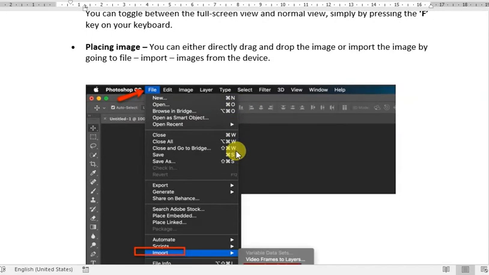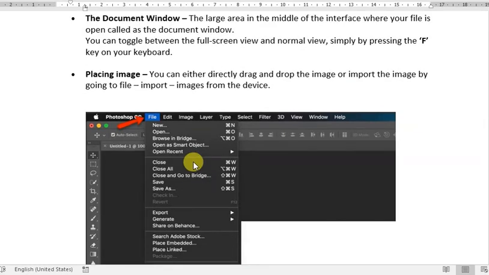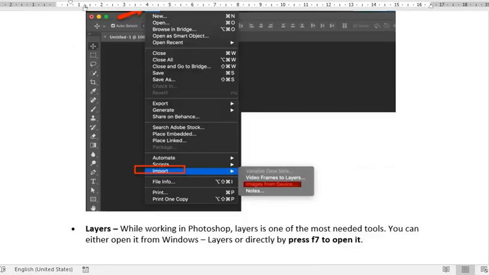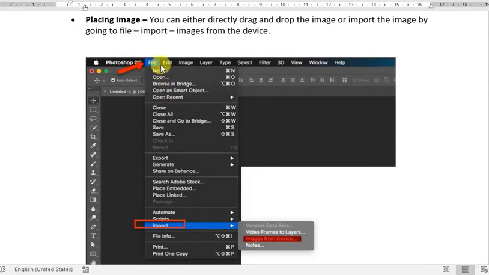You can place your image on your document window by dragging method or import images from workspace. You just click on file, then click on import, and then you can import pictures, import images from device.